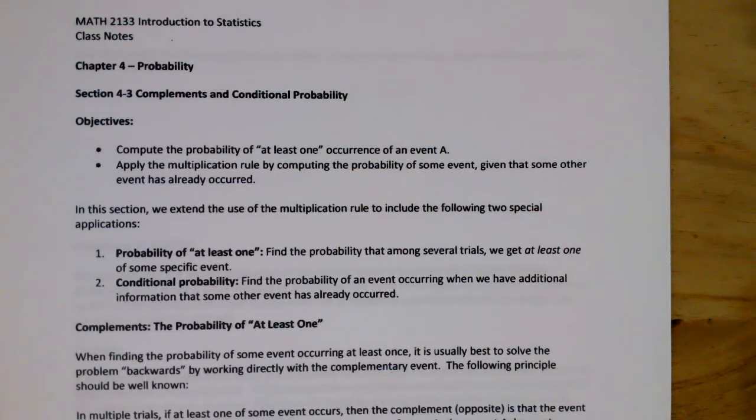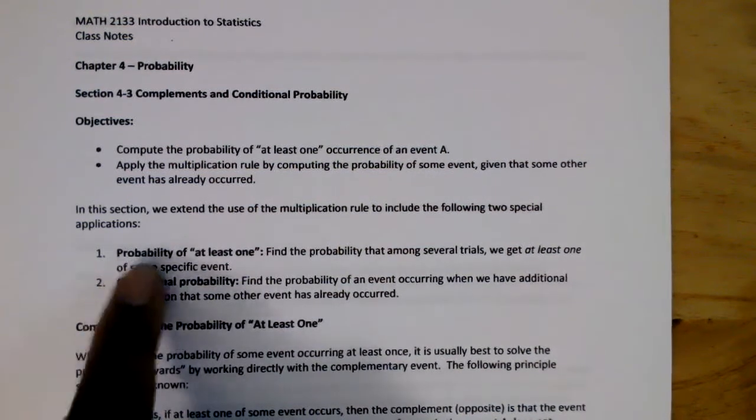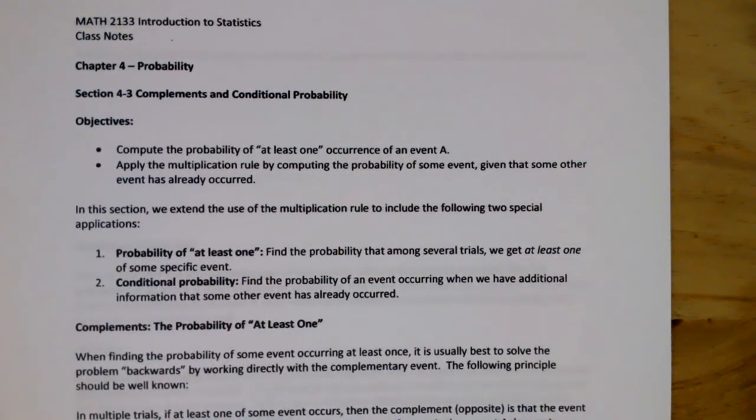Okay, so here, this is just going to be an extension of the multiplication rule to include the following two special applications. One of them, of course, is the probability of at least one. And that's where we find the probability that among several trials, we get at least one of some special event. And then number two is the conditional probability. That's where we find the probability of an event occurring when we have additional information that some other event has occurred. Okay, so now we're going to talk about complements first